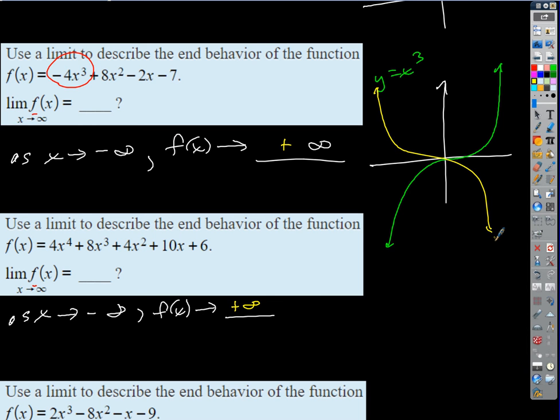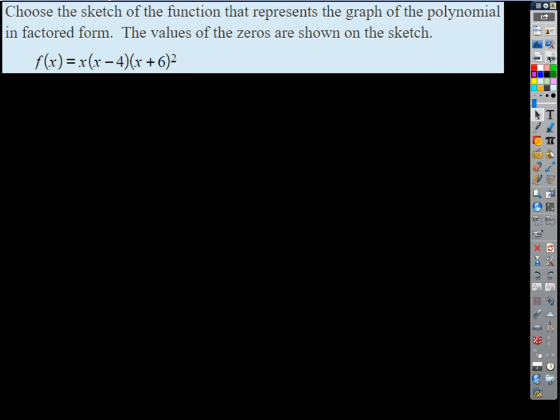Flip it around, right? So when I go out to the left, it goes up forever. Okay? How about, real quick, a problem like that? If I wanted to sketch that, what's going to happen? Right? So if we made our